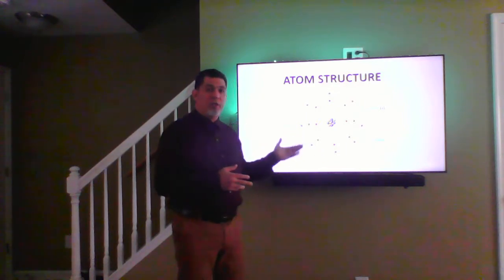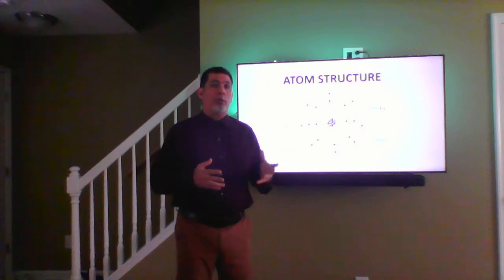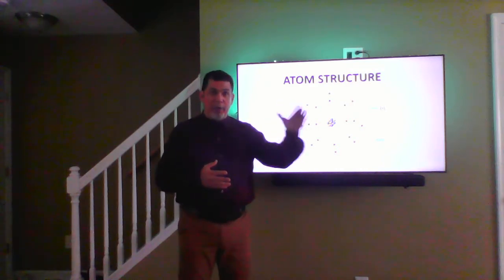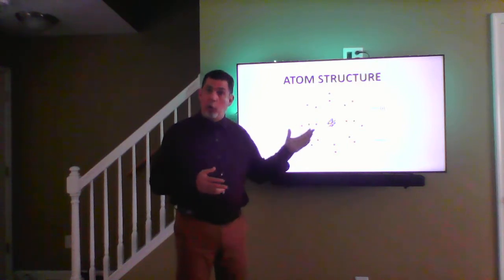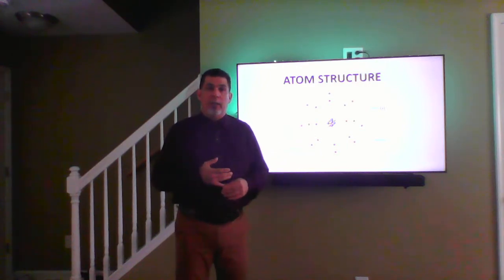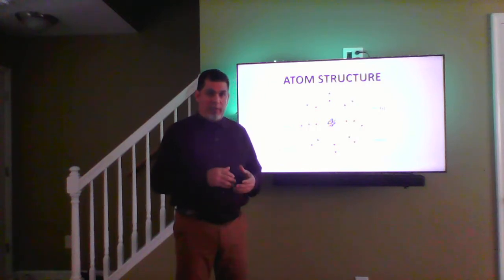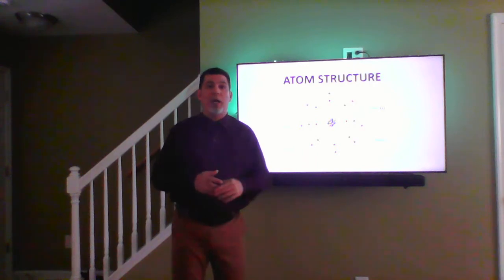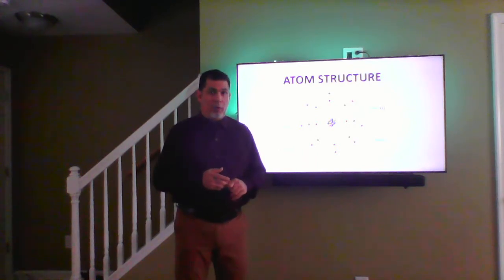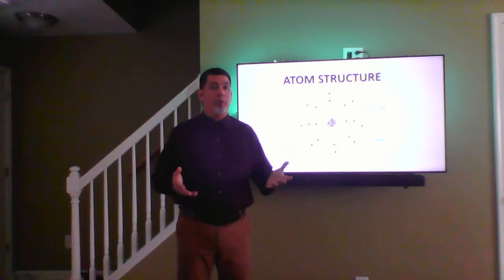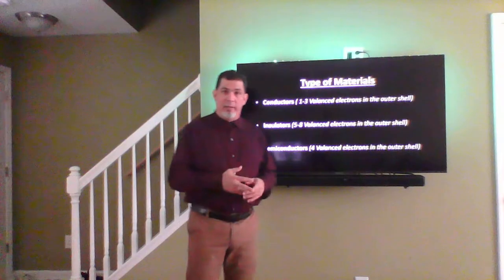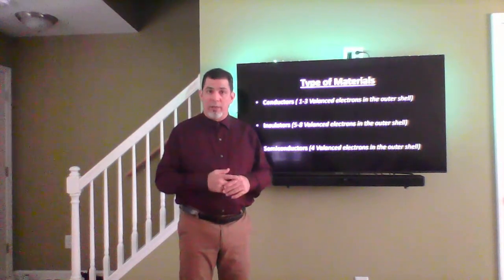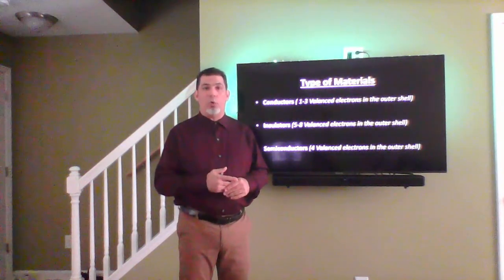As you can observe in the slide, there are multiple layers of electrons orbiting around the nucleus, and they're called shells. Here's an important note. The maximum number of electrons in the outer shell is 8. Conductors have 1 to 3 valence electrons in the outer shell. Some examples of good conductors are gold, silver, and copper. Next slide. Insulators, on the other hand, do not conduct electricity and have 5 to 8 electrons orbiting in the